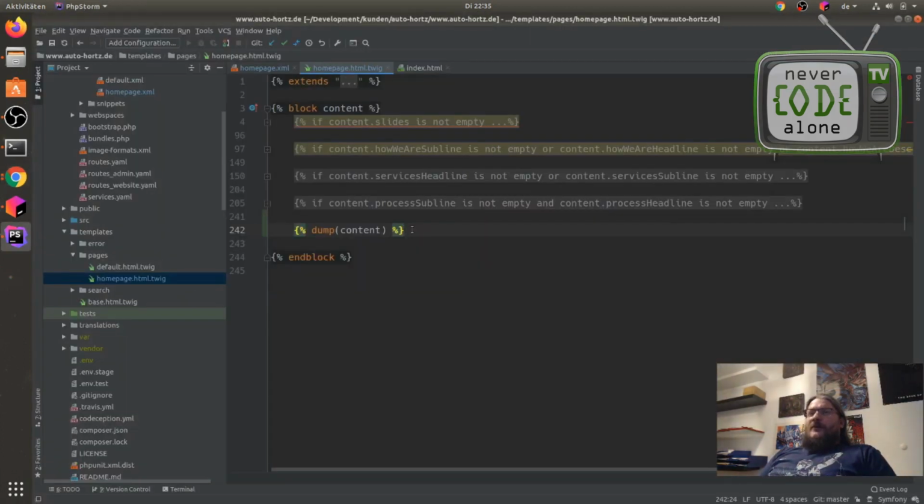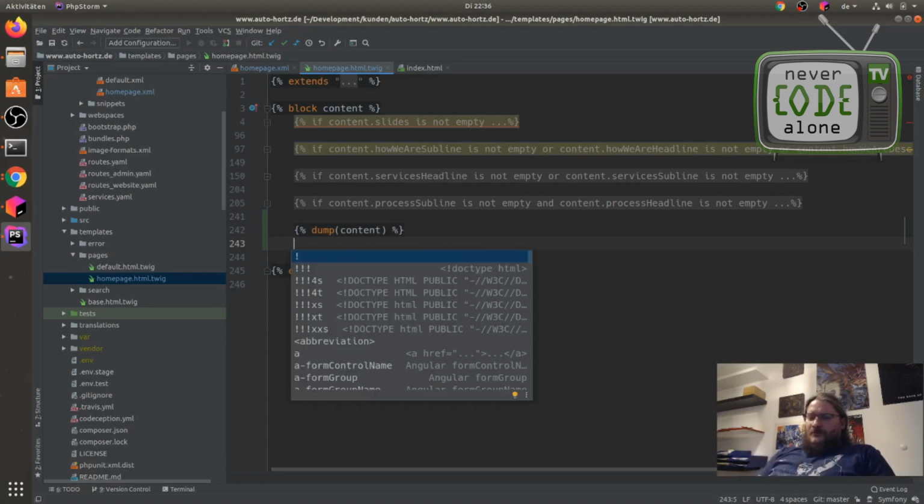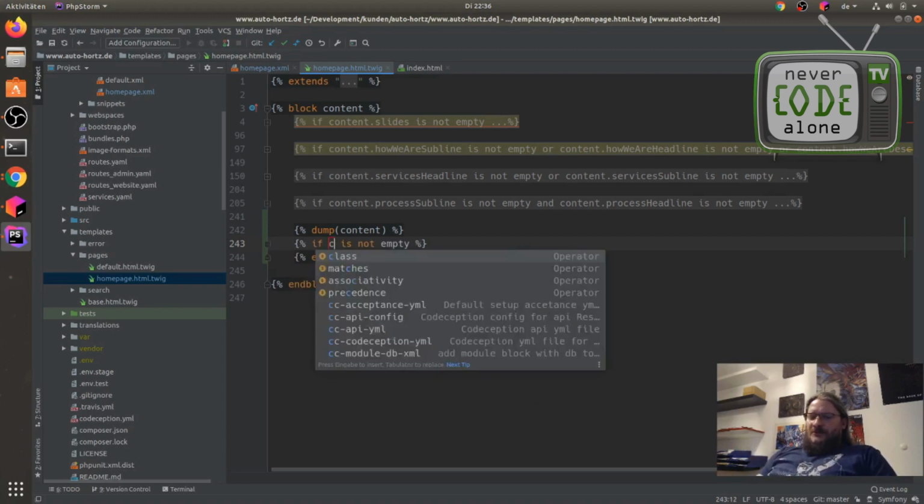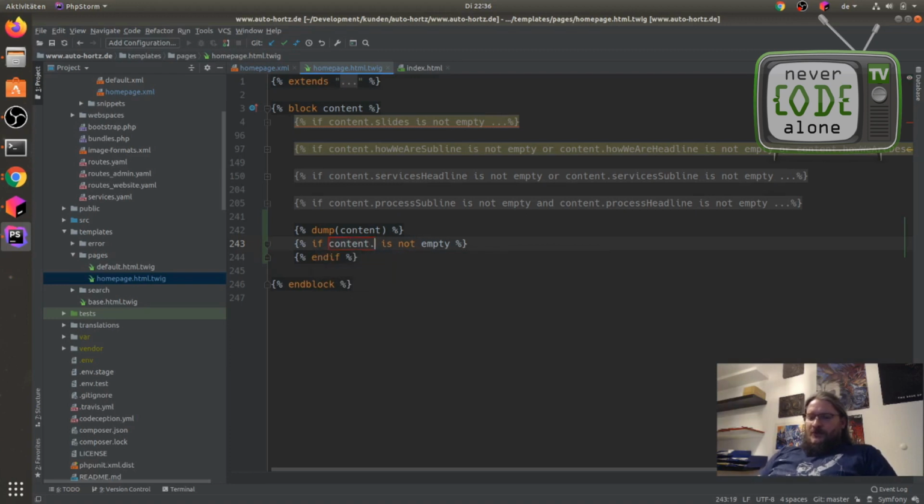As every time, we check that we have something here that is not empty, Twig not empty, and content dot car add items is not empty.